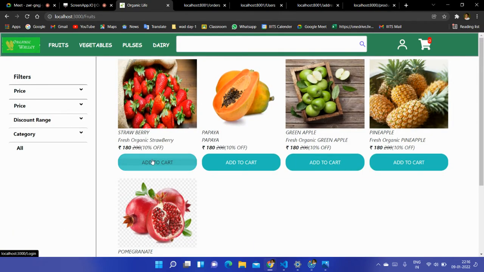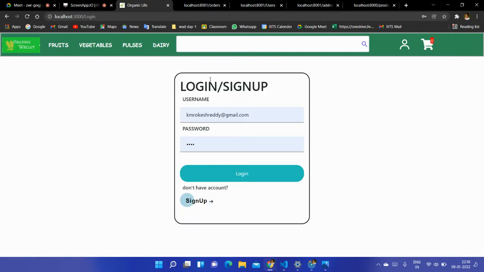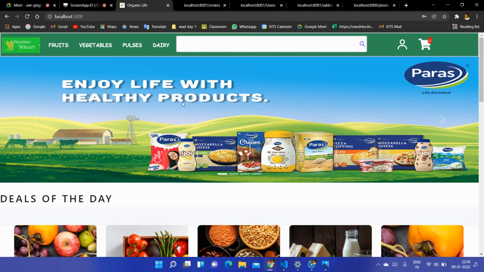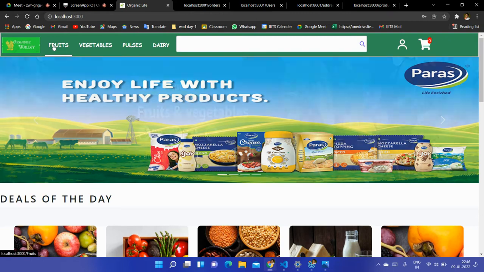Coming to the add to cart, whenever the user wants to buy more than one product, he can add all these products to the cart and buy directly from that cart. If the user is not logged in and hits add to cart, it will go to the login page. If the user does not exist, they can sign up by clicking on the sign up page.